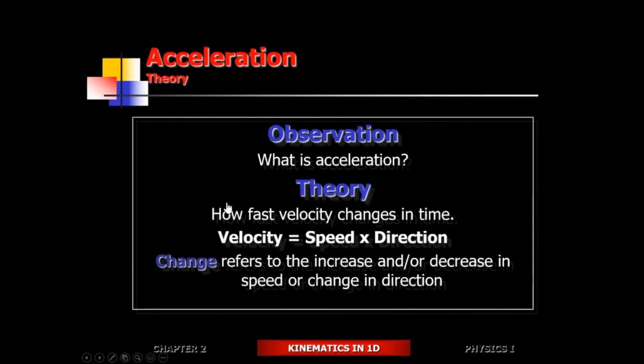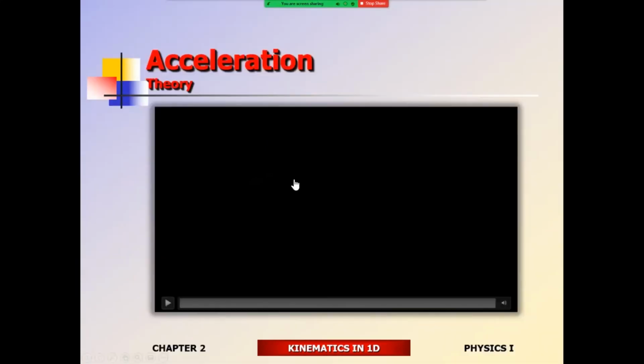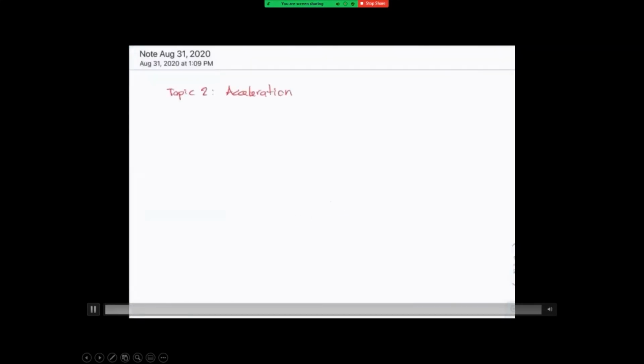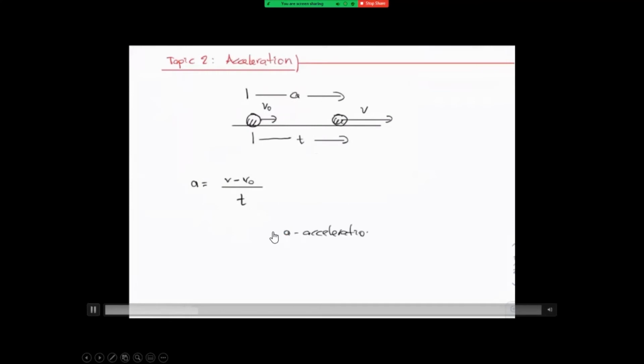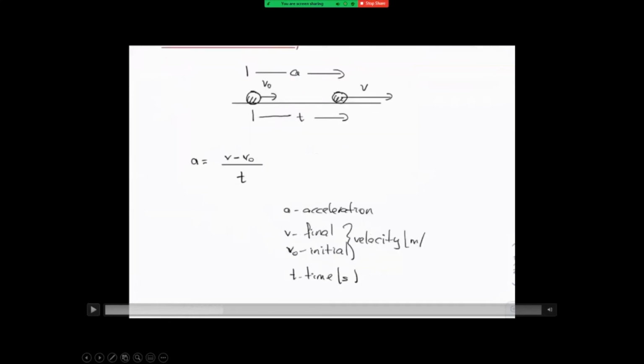All right, so for circular motion, the acceleration is directed towards the center. All of a sudden we have a more encompassing definition for acceleration, right? Speeding up is acceleration, so is slowing down, so is changing direction. The combination of speed and direction is velocity. So we could say acceleration is how fast the velocity changes in time. Mathematically, it's an easy thing to model: changing velocity in time, from initial velocity to final velocity within this time period. a = (v - v0)/t, where a is your acceleration, v is your final velocity, v0 is your initial velocity, and t is your time. Velocity is in meters per second, so it's meters per second divided by seconds, so meters per second squared is the proper unit.